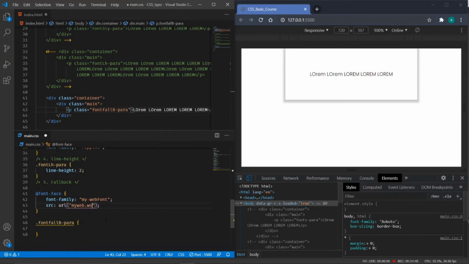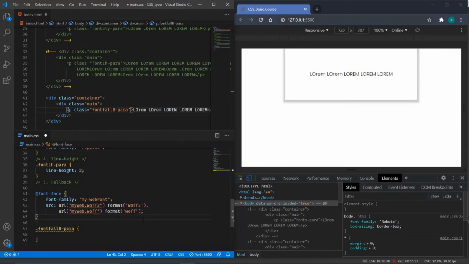My font web WOFF2 format. Second one is the WOFF.